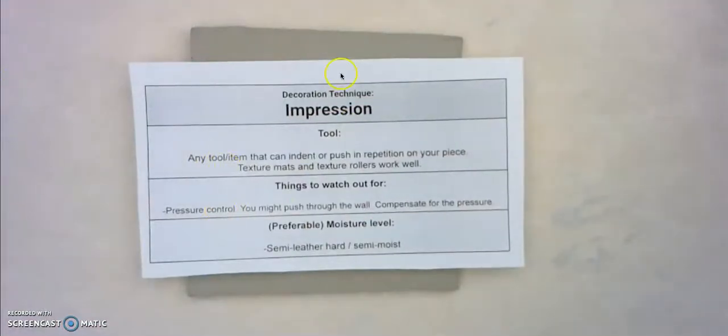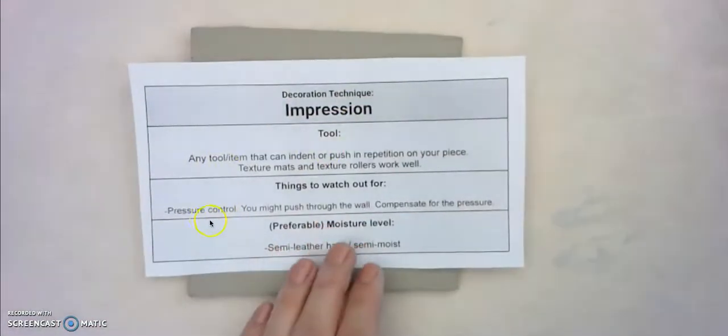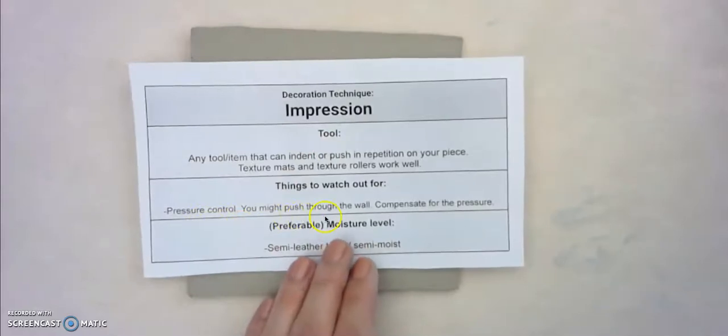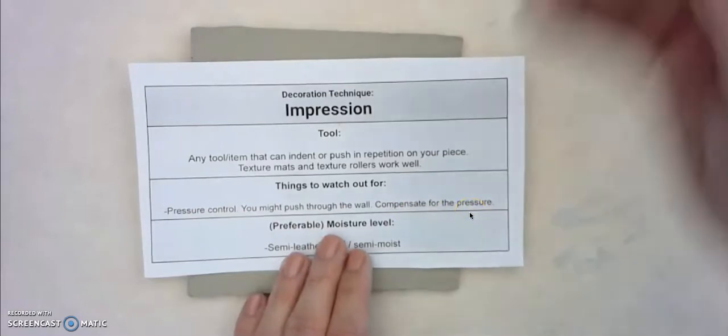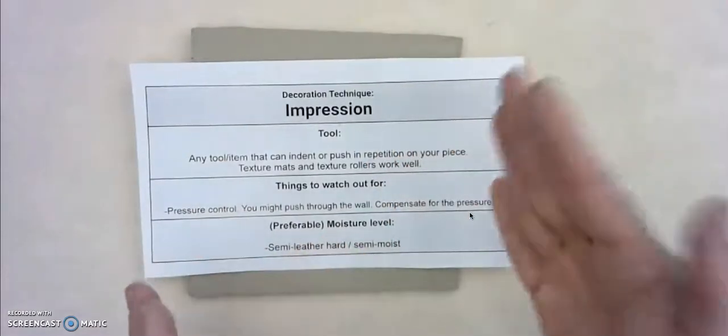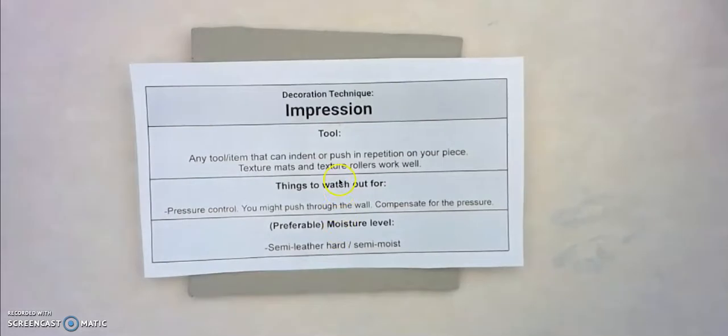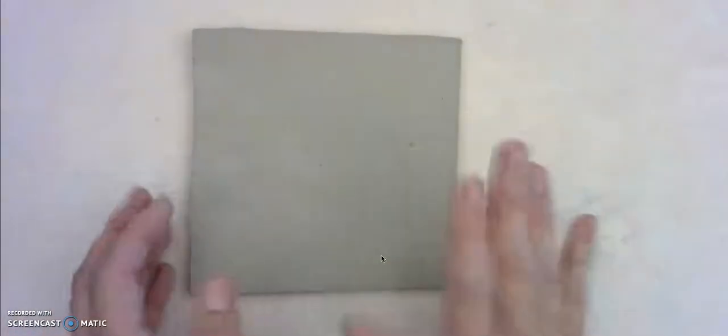Things to watch out for when you're making impressions. Pressure control is a big thing. You might end up pushing through the wall, so you need to compensate for the pressure by putting your hand on the back side of the wall. And impressions, they're typically easier to do when your clay is semi-leather hard or semi-moist. If it's super leather hard, it might be hard to push something into the surface. If it's super soft, the item might get stuck. So I'm just going to demonstrate in terms of nature-inspired